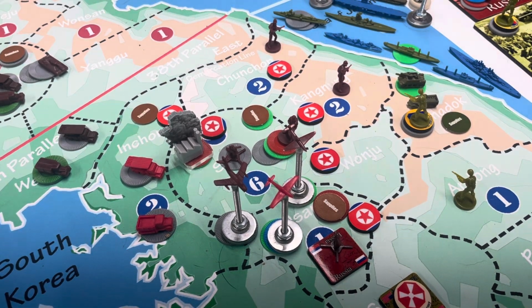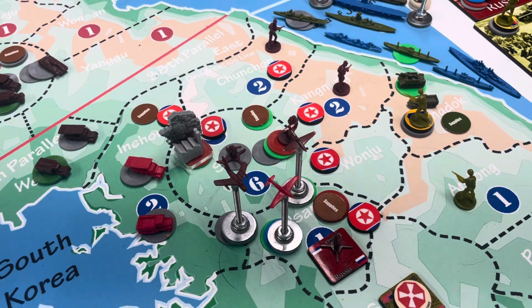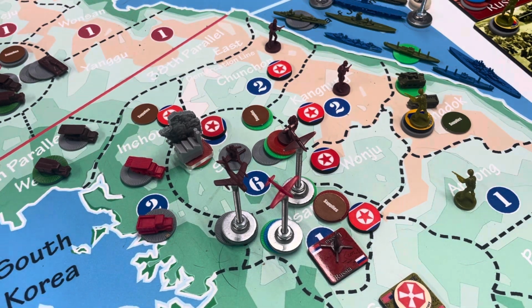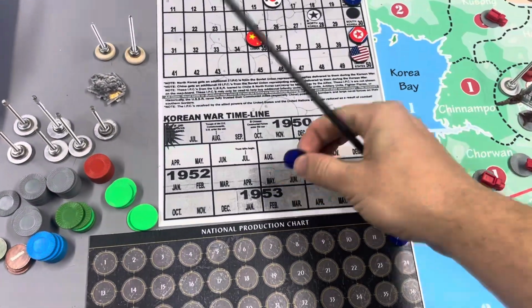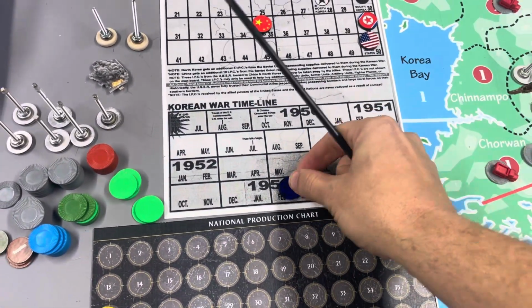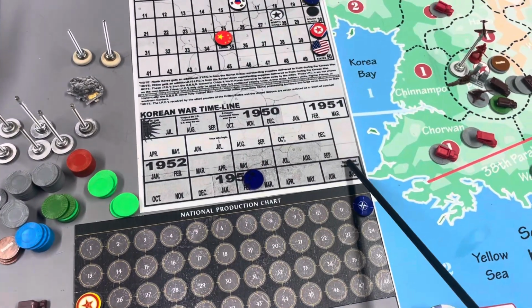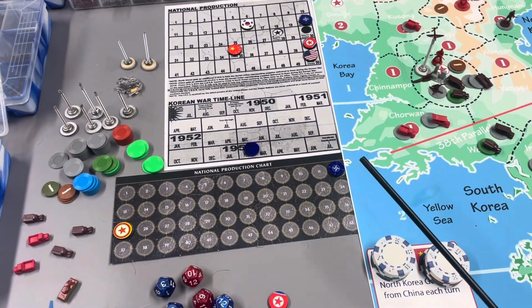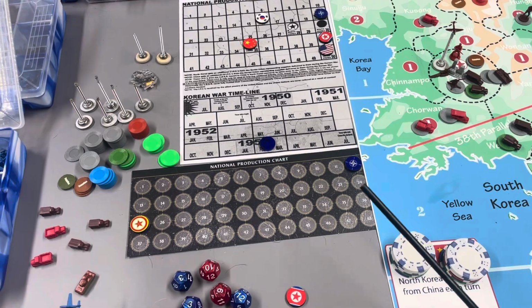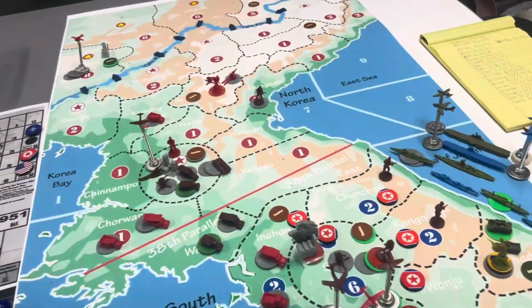This is turn 16. All right, we've had kind of a turn. Definitely a busy turn for the Allies this turn. Once again, we are looking at the months of February and March 1953. We are only 2 turns away from turn 18 and the end of the fight, or the end of the war. So, starting off...